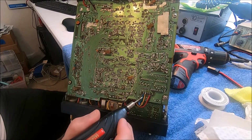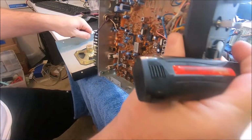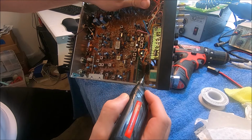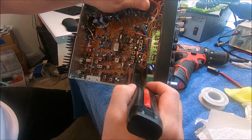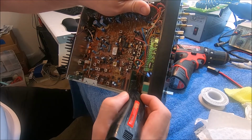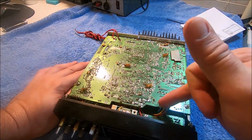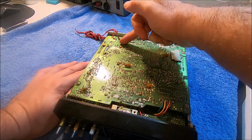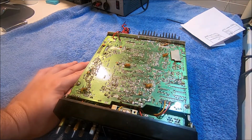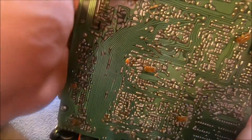And instead of running them through the top part that you can do, it'll be nice, neat, and clean. Right in there, right behind the channel selector, is actually full feed-through holes for each one. This one is actually C band. Let's get to it. We got to get these all unsoldered, cleaned out, and we're going to pull this off, which I tried to do with that battery operated one. That battery operated one's just for very, very super basic things. But yeah, so we're going to go ahead and kill this